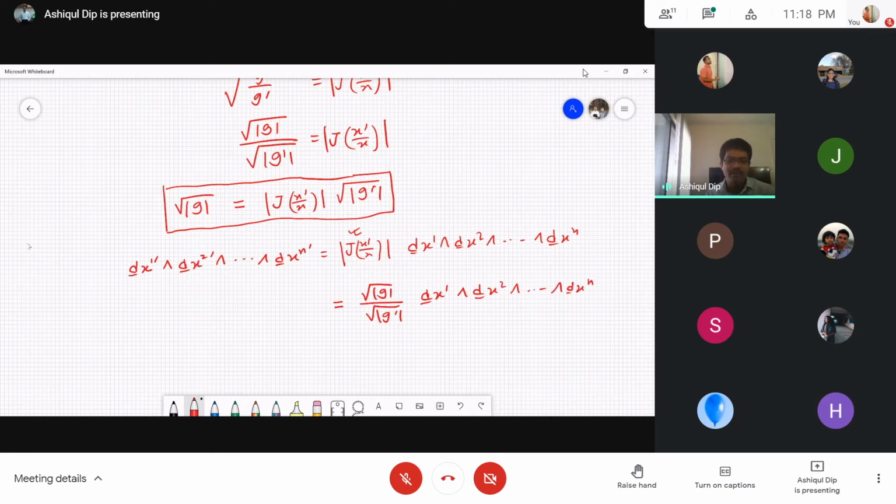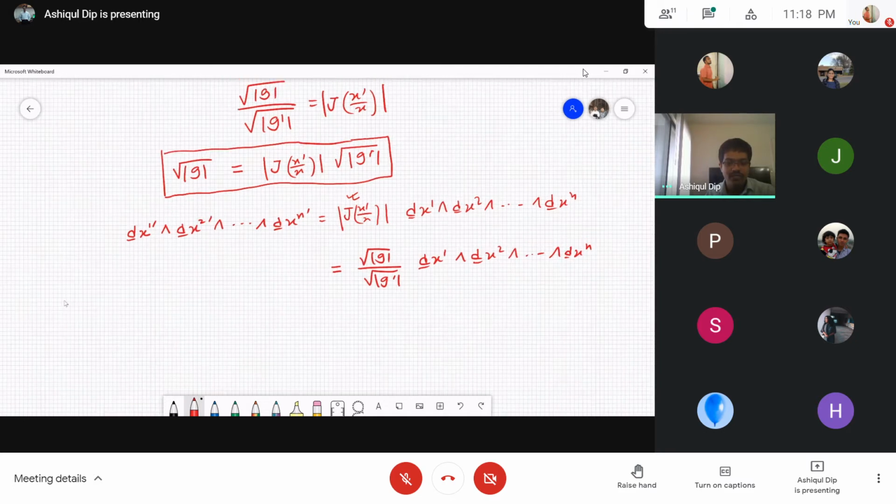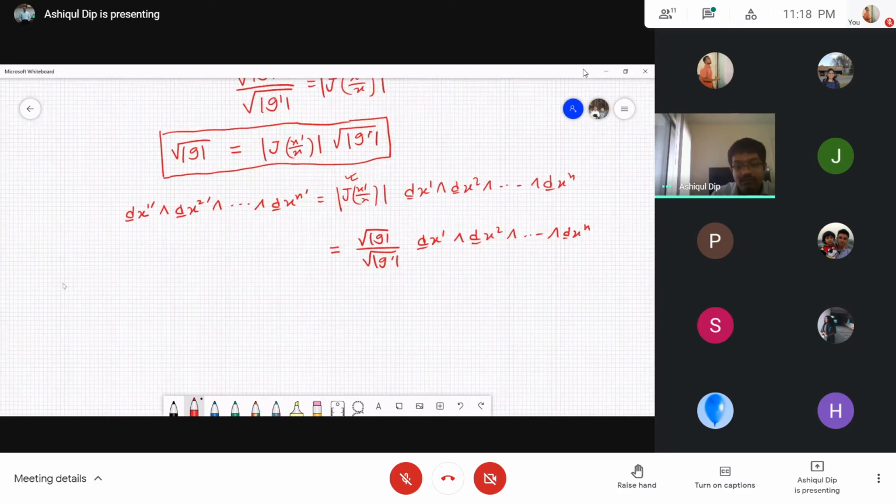Now I can multiply both sides by the square root of the absolute value of G prime, right? That will give me